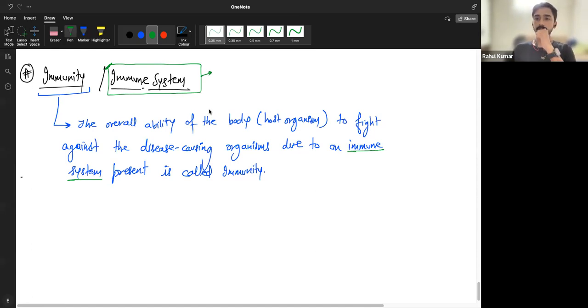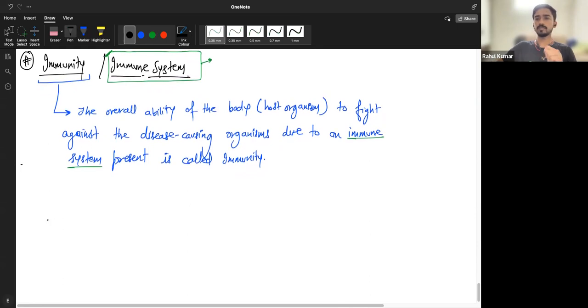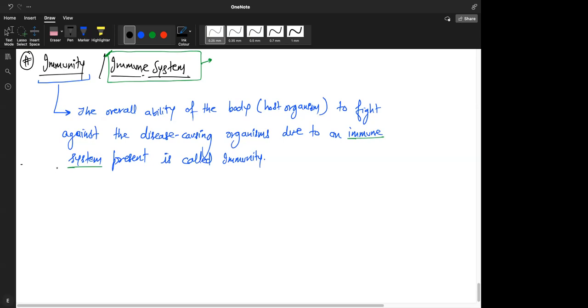Now let's come to the part that Nabil was talking about. Talking about immunity, Nabil said that there can be two types of immunity. Would you like to put some light on that, Nabil? There are two types, sir: acquired immunity and innate immunity. Acquired, as the name suggests, is acquired during the lifetime of the person, whereas innate, as the name again suggests, is already present since birth inside the body of the individual.